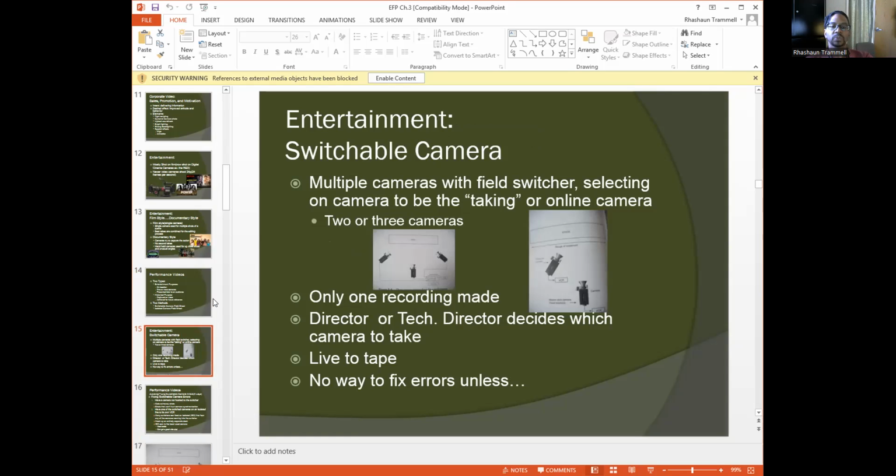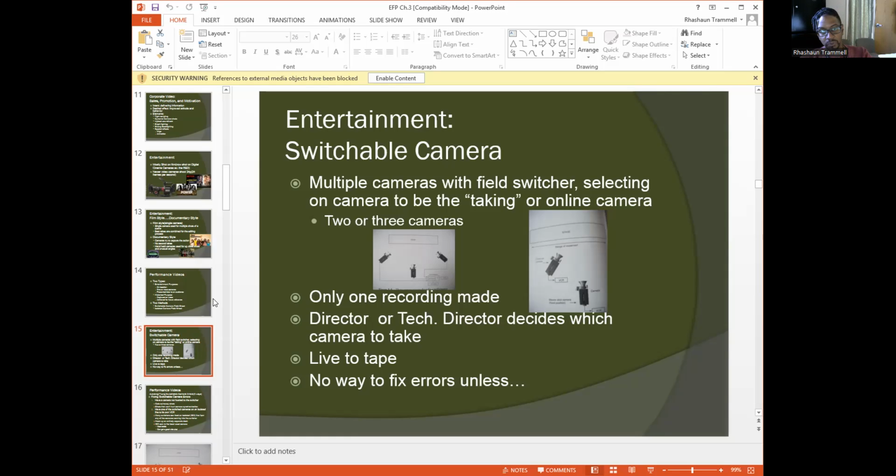Basically, with the switchable camera field shoot, you've got multiple cameras. You've got to have at least 2 or 3 cameras. Also for the isolated camera field shoot, you're going to need at least 2 cameras so you can switch from one camera to the other.